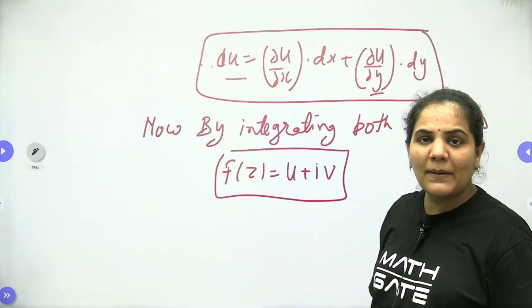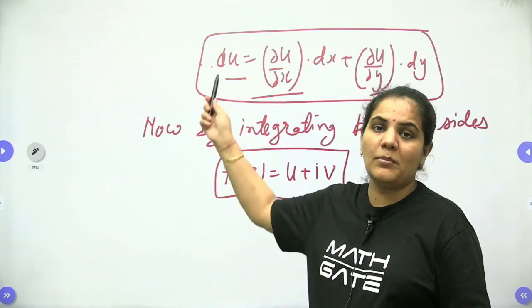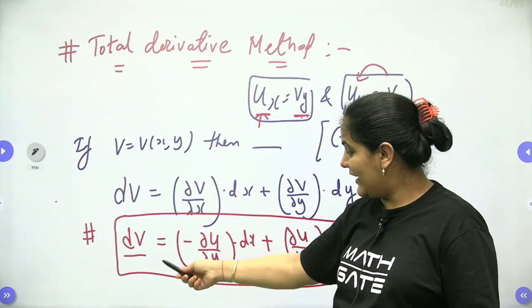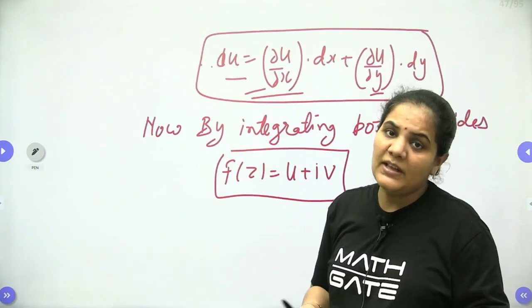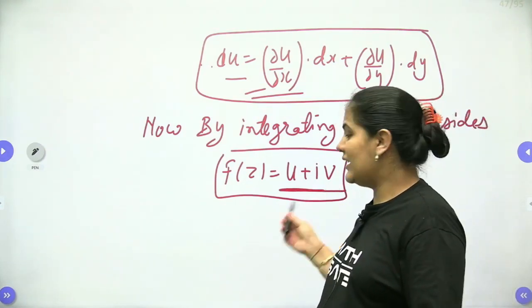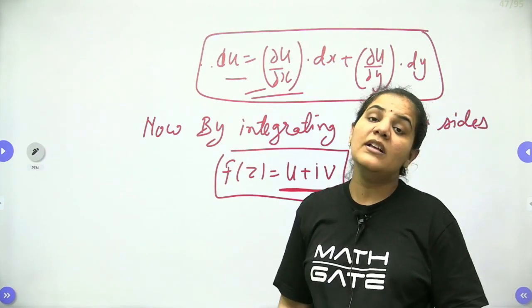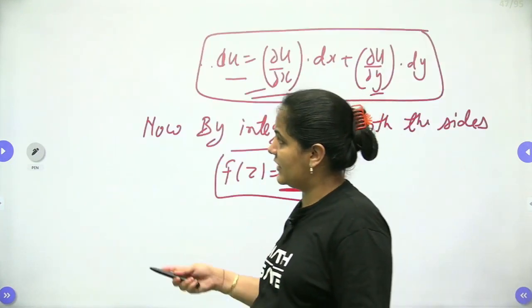If the imaginary part is given and you have to find out the real part, then you can approach this one. From here you will get u. By integrating this one and this one, you will get v and u respectively. When you get v and u, whatever is your requirement you can get, and after that you can put here, hence that will be your function. I will tell you one example right after the second method, right?